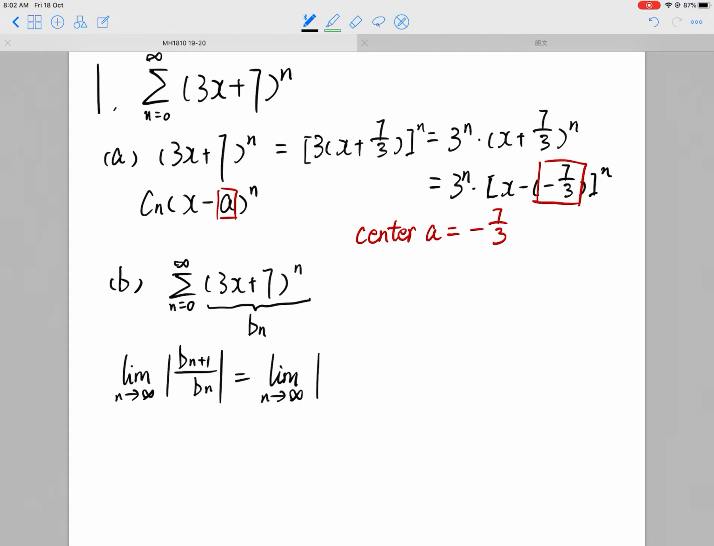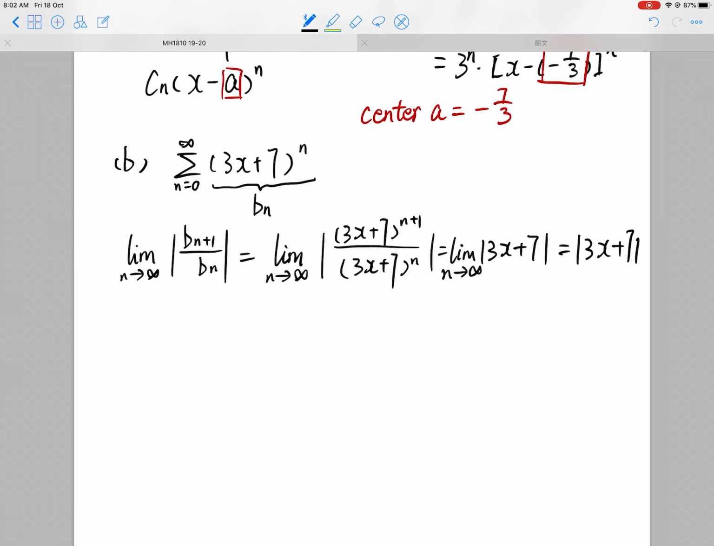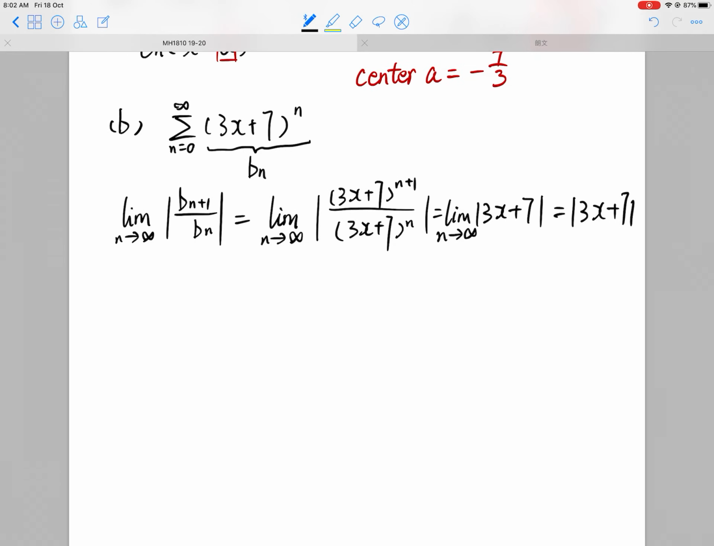So it is (3x + 7)^(n+1) over (3x + 7)^n, which is the limit of 3x + 7. You can see now this part is not related to n, so it's just 3x + 7. And you want to determine the radius of convergence. Remember the result of the ratio test, for a ratio test,